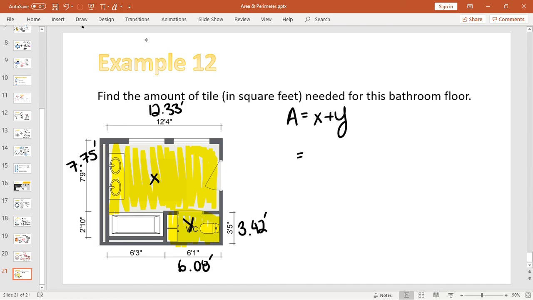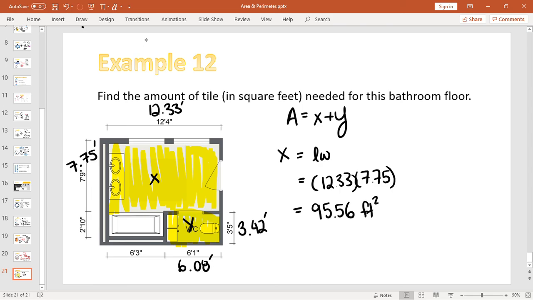I'm going to get myself for X, length times width, 12.33. It doesn't matter which one's which. 7.75. And that should give you 95.56 feet squared. Stays in decimal form. Y, length times width for the water closet, equals 3.42 times 6.08. So yeah, whatever. The short one's first. No difference. 20.79